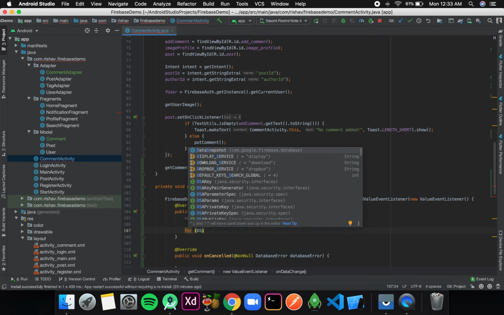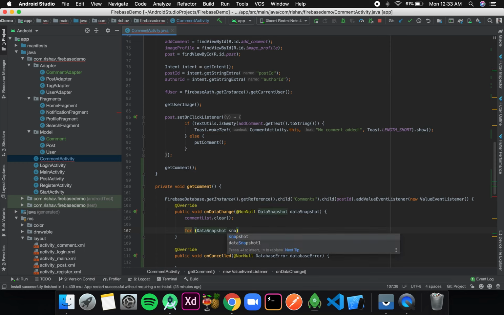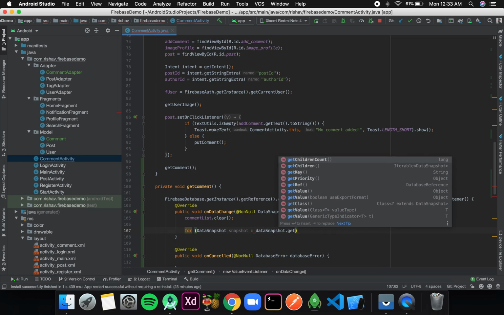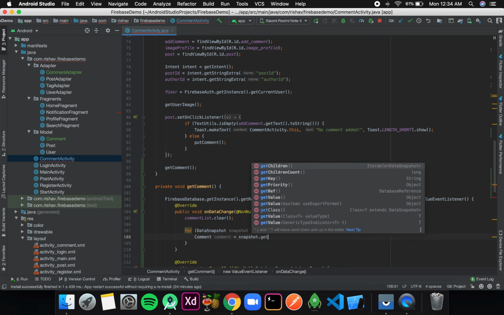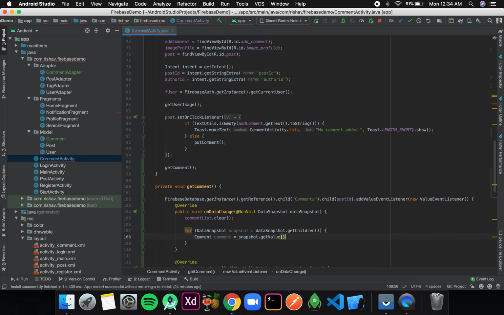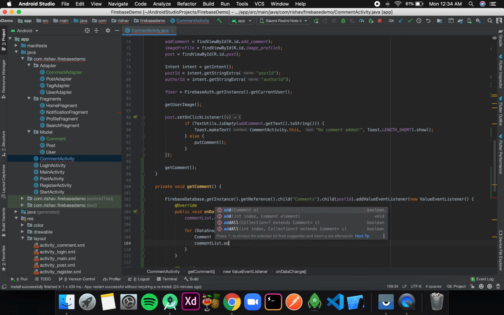For DataSnapshot snapshot : dataSnapshot.getChildren(). Okay, so it returns an iterable. Now I'll extract all the values, that is comment is equal to snapshot.getValue, of Comment class, and then I'll add it to my comment list, commentList.add(comment).